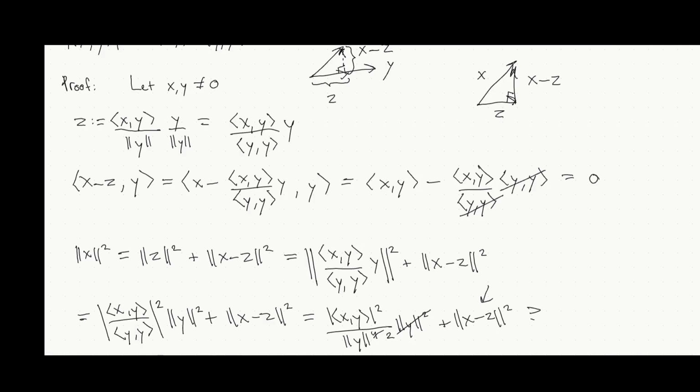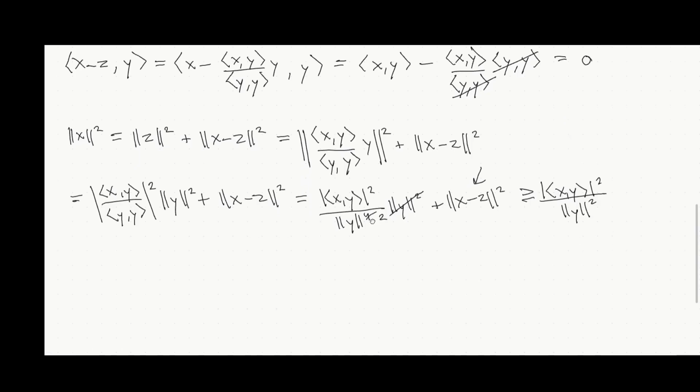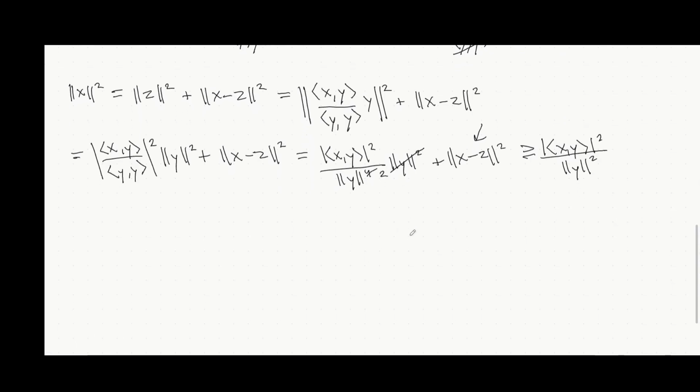So this is adding something, so this is greater than or equal to just the first term. And so going all the way back to the left-hand side, just rewriting it to clean things up, what we have is that the norm of x squared is greater than or equal to the modulus of the inner product squared over the norm of y squared, and hence,